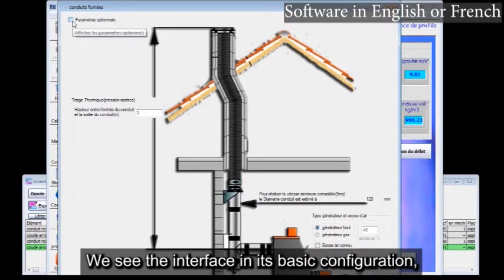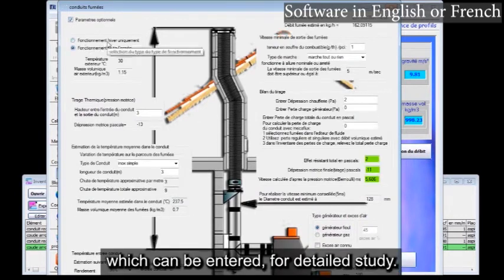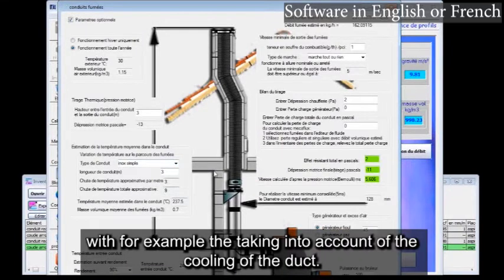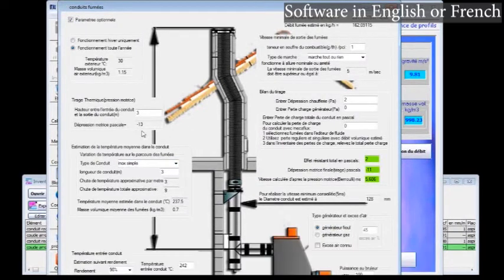We see the interface in its basic configuration, but there are many optional parameters, which can be entered for detailed study, with for example the taking into account of the cooling of the duct.